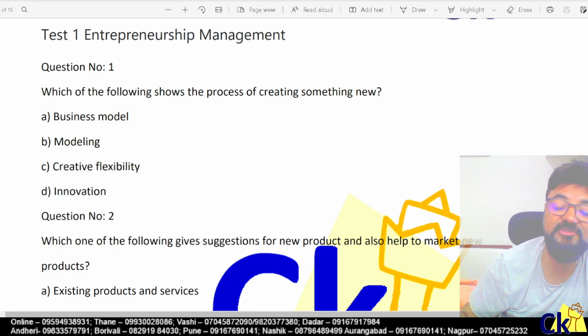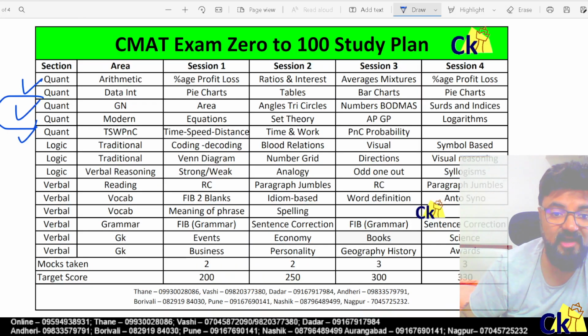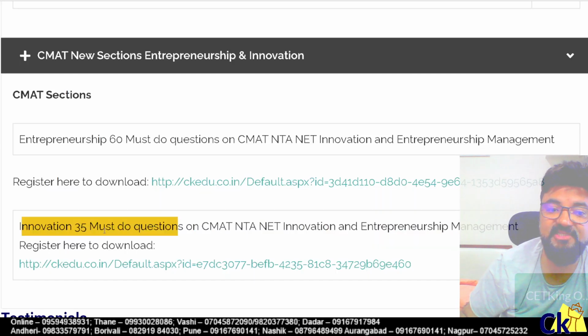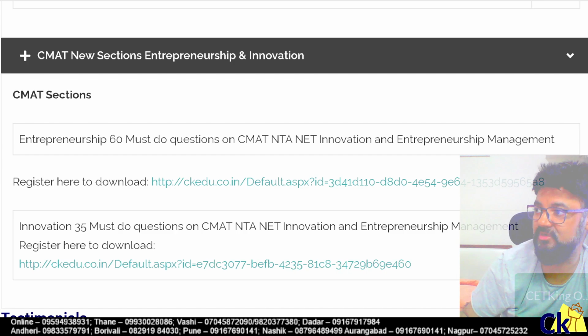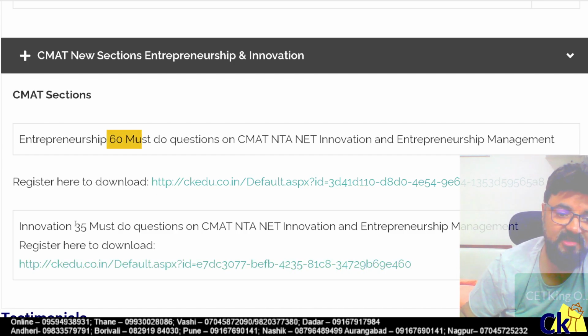ठीक है, तो ऐसे थ्योरेटिकल बेस्ड क्वेश्चन जब आते हैं तो दिमाग खराब होता है मेरा, और ये सब CMAT में आता है, उसके लिए मुझे ये सब करना पड़ेगा. So number one, download these two PDFs here so that we can solve 60 questions here and 35 questions here.